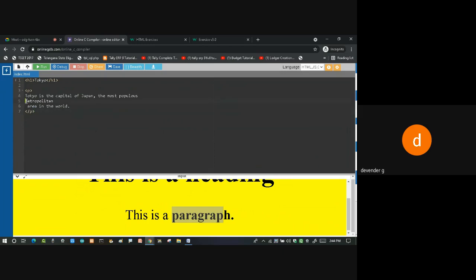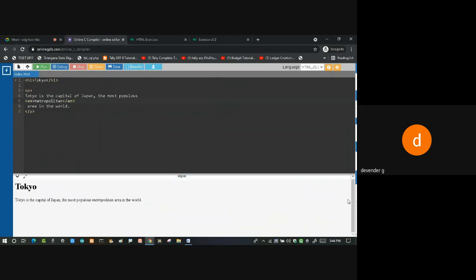So here I'll say emphasize mode, and we'll see whether that will come in bigger size. See here, I got my text in this particular format. So a little bit slanting, highlighted one. So we call that emphasis.